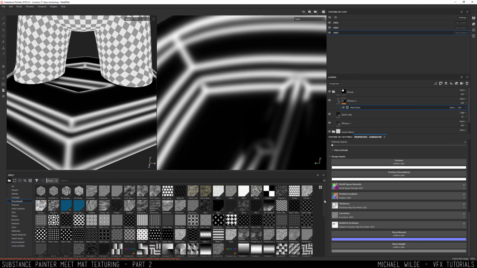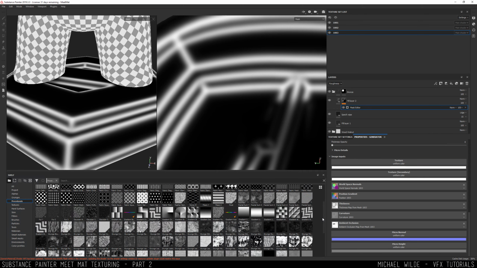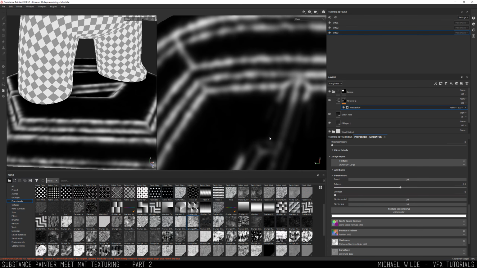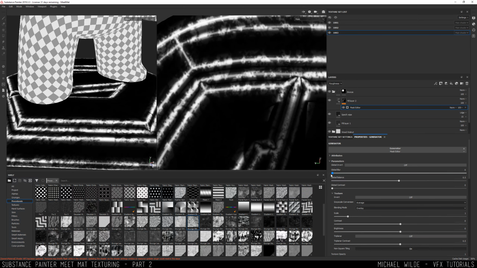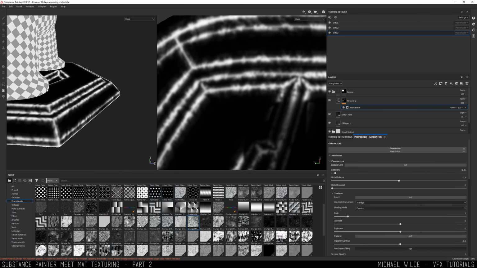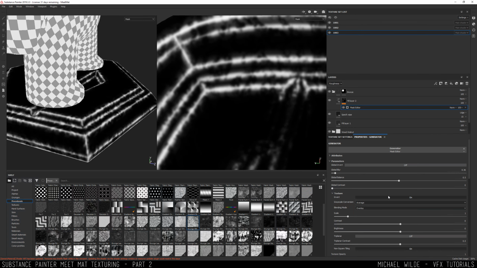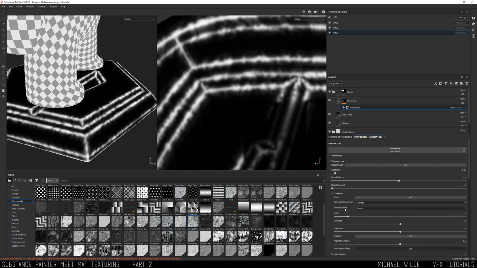So this is just going to be for a bit of breakup. Let's use this grunge dirt. That's kind of cool. Now you can see that's being applied on top. Because I've got this global blur at the top, that's going to blur it a bit. But let's see something like that. And you can invert this as well, so you can do the invert of that texture,